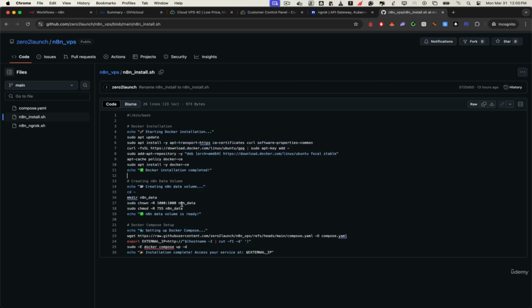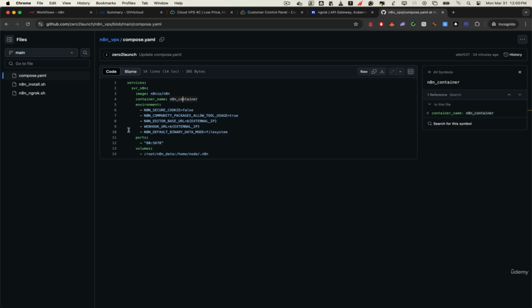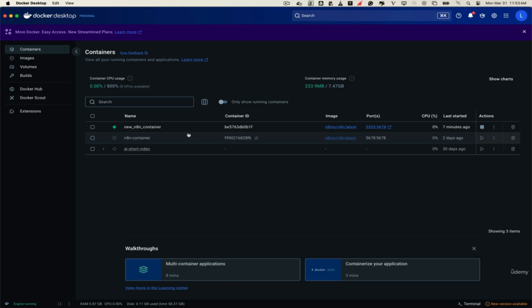Installs Docker. Creates a data folder to store your workflows. We set up the environment variables and use the official n8n image to launch the container. All handled by a Docker compose file inside the script. This compose file defines everything the container needs. The n8n image, port mapping, the volume for saving workflow data, and all the required environment variables. It even defaults to port 80, so you can access n8n directly via your server's IP address. No port number needed. This setup is exactly the same as what we did with Docker Desktop when hosting n8n